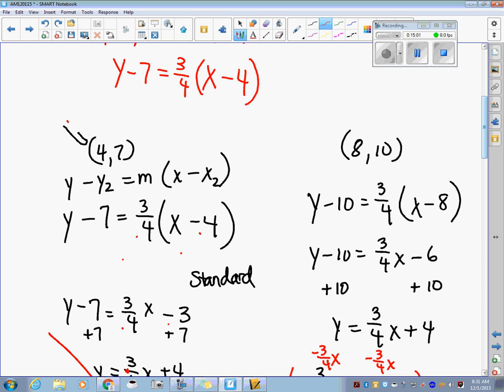Now, some people have a little trouble with that, but all I did was 3 times 4 is 12. 4 times 1 is 4. 12 divided by 4 gives me 3. But you can put that in your calculator for that. And then what I did was add 7 to both sides,